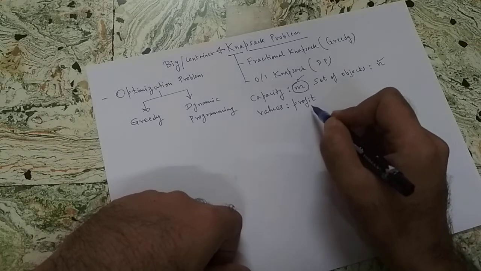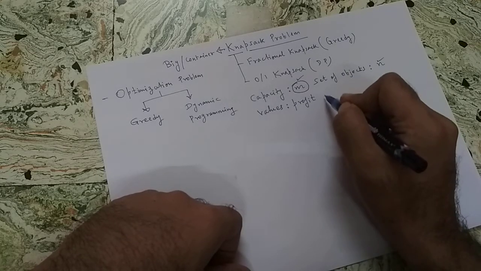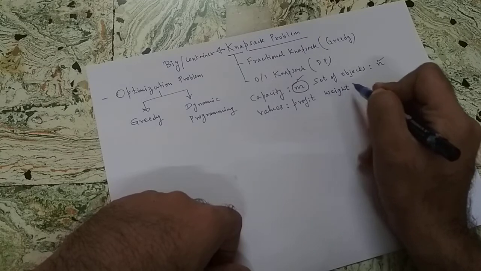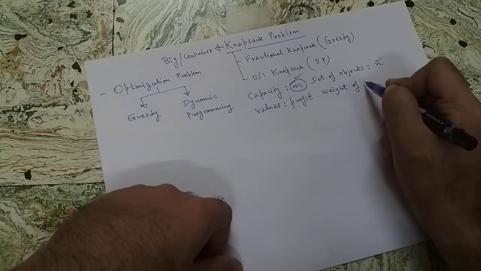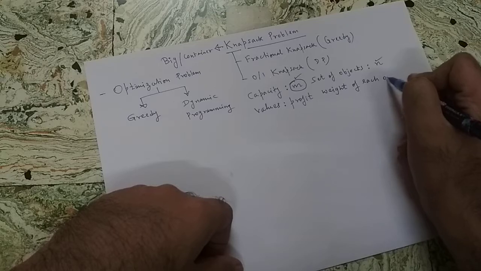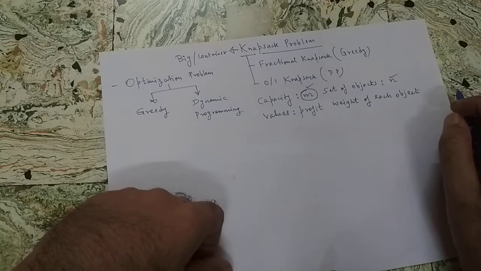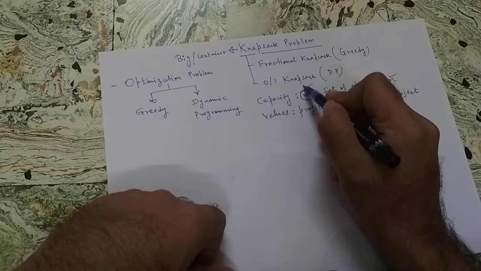So we will be given these profit values, and along with that we will also be given the weight of each object. So we have to fill up our knapsack in such a way that we do not exceed this capacity of